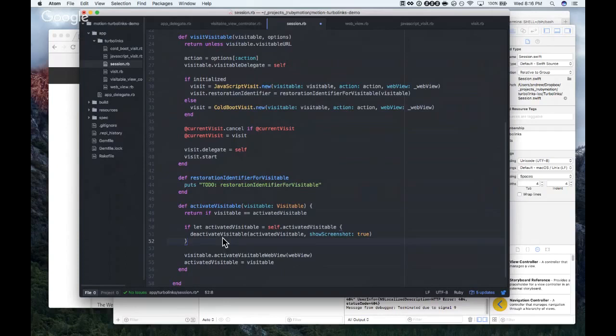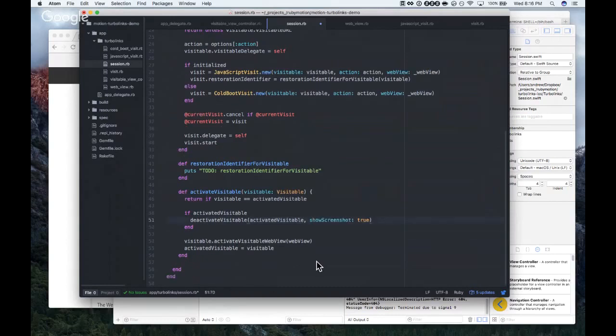I'm going to change this to just say if activated visitable. We don't need to assign that to a local variable. We can just access it like this and call deactivate visitable, passing the activated visitable. Do we have an activated visitable? We don't yet. We'll need to define that.